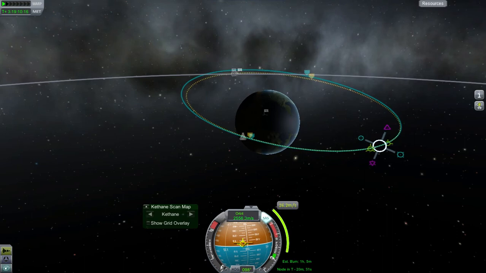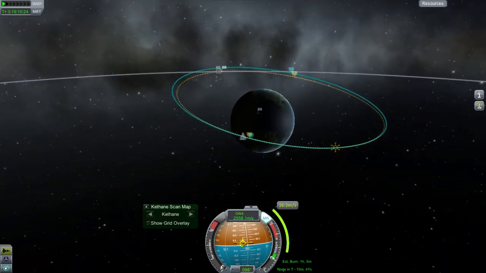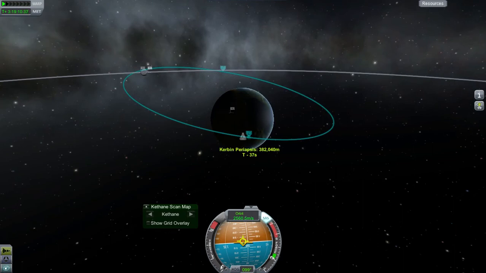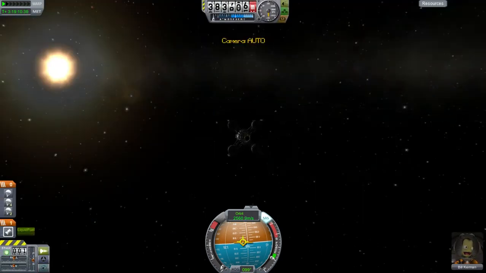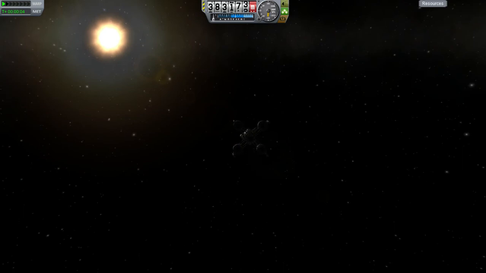Although I think we're a little bit too inclined, so what I'm going to do then is I'm going to get this guy up. I'm going to point towards my prograde direction, so I can get going in the right direction. We are going to hop out, and we are going to try to orient ourselves in such a way that